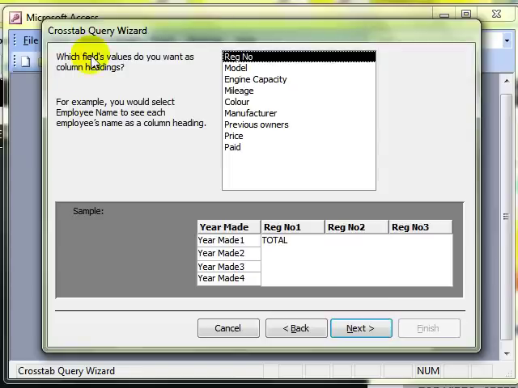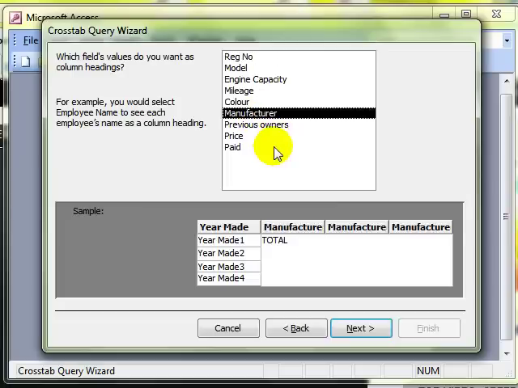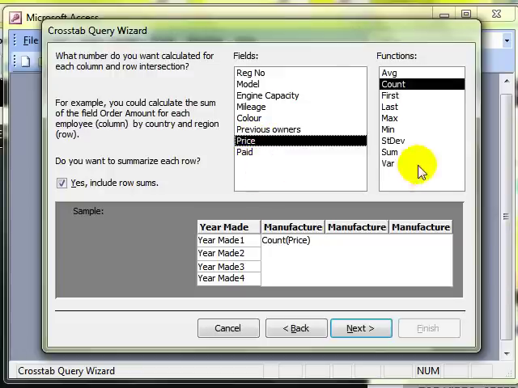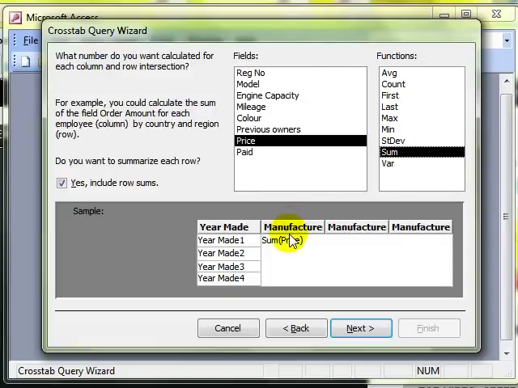Next, which field values do you want as column headings? So we've got the columns this time. Now for the columns, I want my manufacturers. Basically, I'm doing a calculation based on the year of manufacture and who the manufacturer was. Then click on Next. What number do you want calculated for each column and row intersection? So for each manufacturer and year, I want to know something about the price. And I want to know what the total price is. So I'm going to use sum to calculate the total price for all the cars of that manufacturer and that